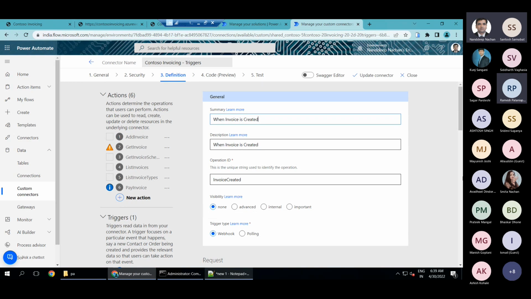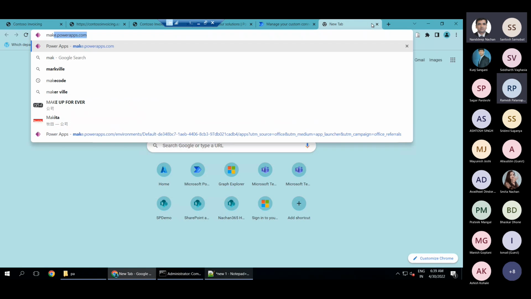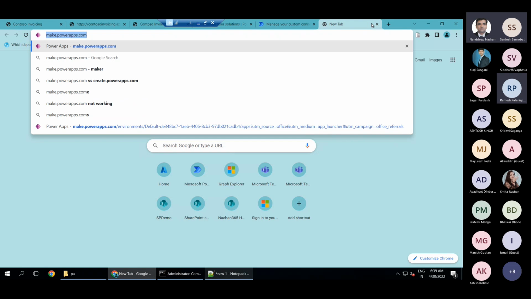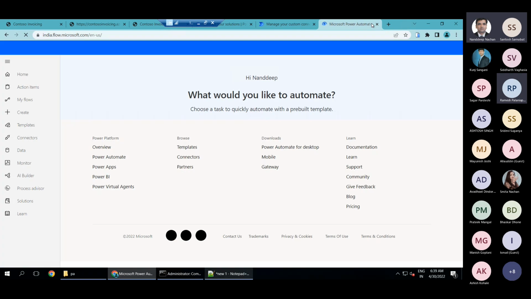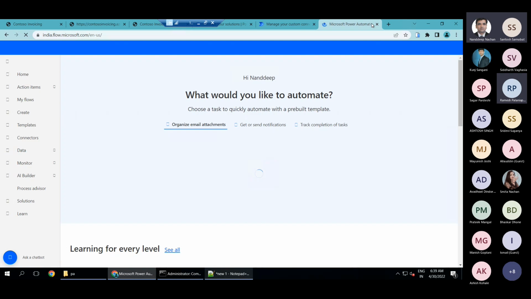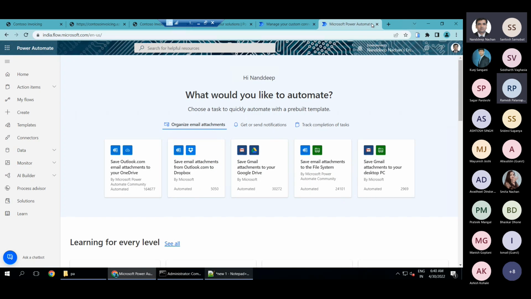Now that we have updated this connector, we just need to go ahead and test this. For that purpose, let us go back to flow.microsoft.com to test this kind of connector. What will happen now is that whenever an invoice is created in the Contoso invoicing system,